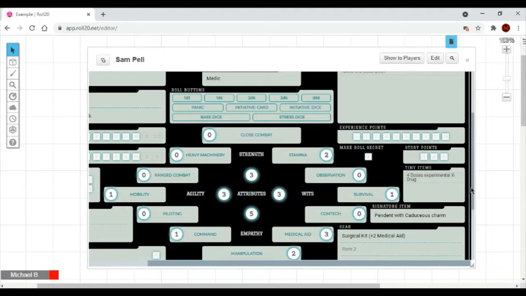So, for example, Sam has 4 doses of an experimental drug on him. Why does he have those? Who knows? But his career also gives